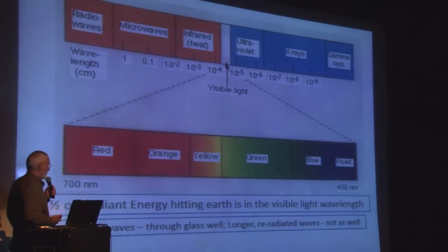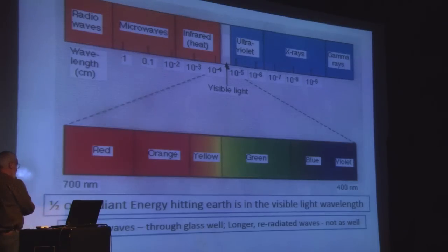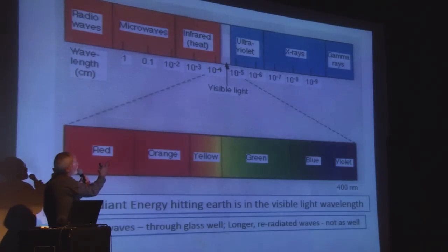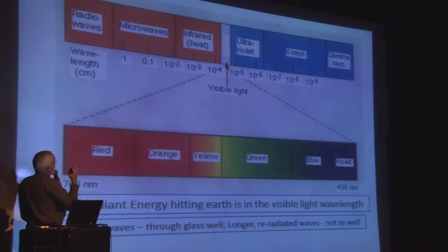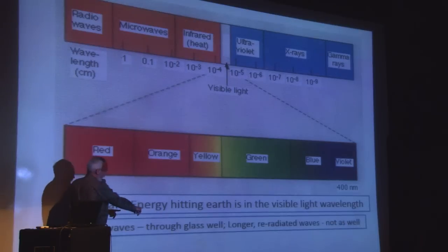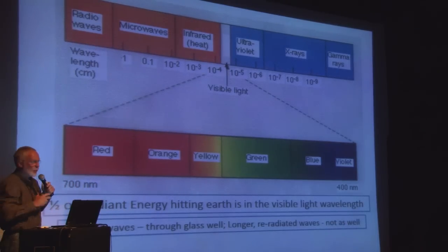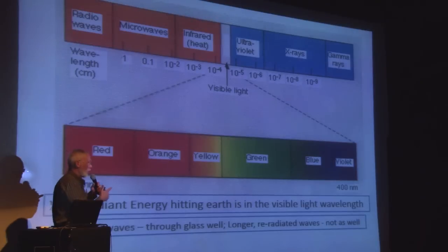This radiant energy that's coming to us behaves like light and is light related. Half of all the energy, the radiant energy that's hitting the Earth, comes in the visible spectrum of light. One thing that helps make this all work is that the energy coming from the sun is a shorter wavelength, which goes through glass real well, the bottom line here. Once it's absorbed in the house and it's re-radiated, it comes out as a longer wavelength,